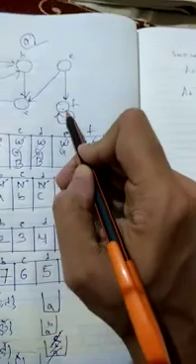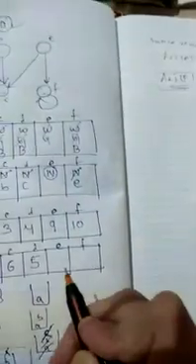Next, you have to calculate the adjacent of the F. What is the adjacent of the F? See, F itself has a loop. That means F's adjacent is also F. As F is already discovered, we cannot consider F or push it into the stack. That means F's work is now over. We have to complete it. It is black, already traversed. Then what is the finishing time of the F? After 10 it is 11. So F's starting time is 10, and the finishing time is 11.